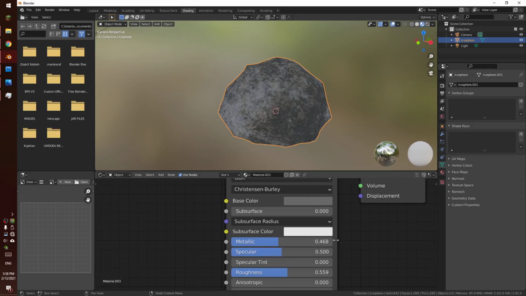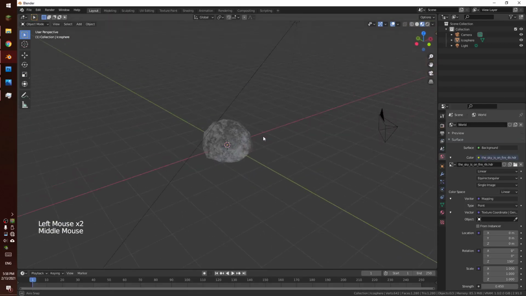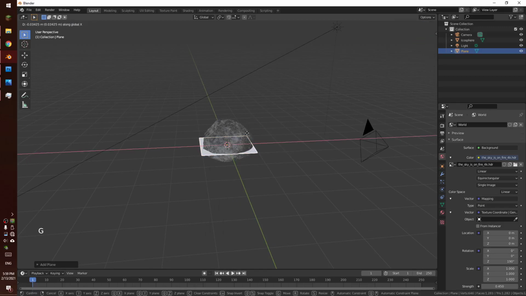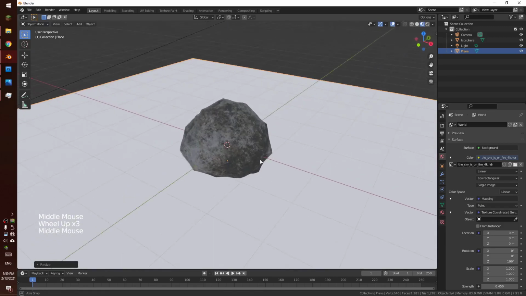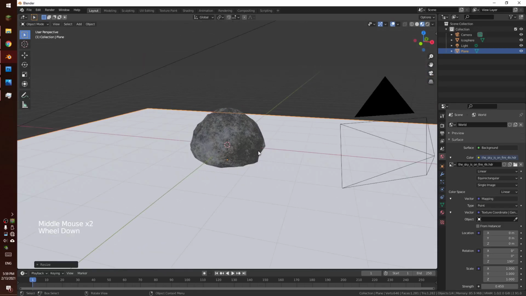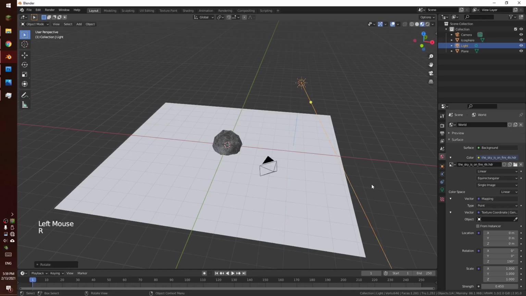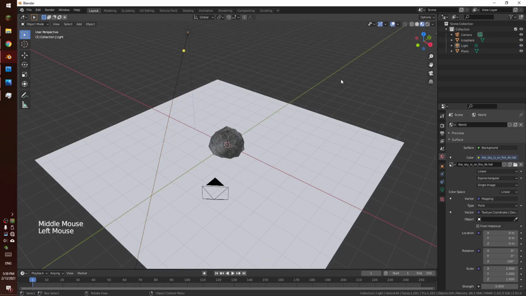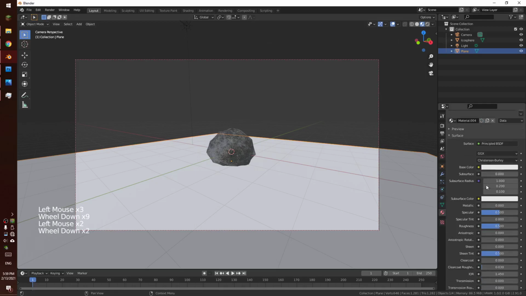Okay, looking good. What we're gonna do next is press Shift A and add a plane to make this a bit better. It's just a place to make this have a shadow of the rock. Okay, so I don't know how to explain, I'm not very good at English, so let's skip that and go to the camera and let's go rendering, and